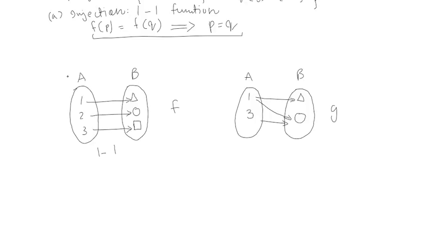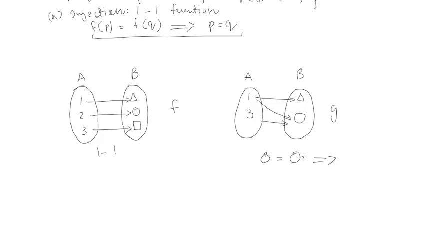But what about this particular case? In this particular case, let's talk about the triangle first. When the triangle is equal to the triangle, there's only one possible value, 1, that can eventually lead to the value of the triangle, right? That's not really a problem. So the first case is satisfied. But let's talk about the circle over here. When the circle is equal to the circle,